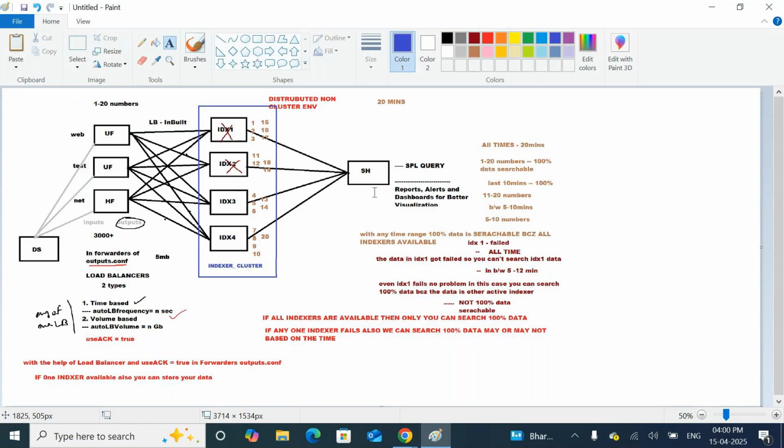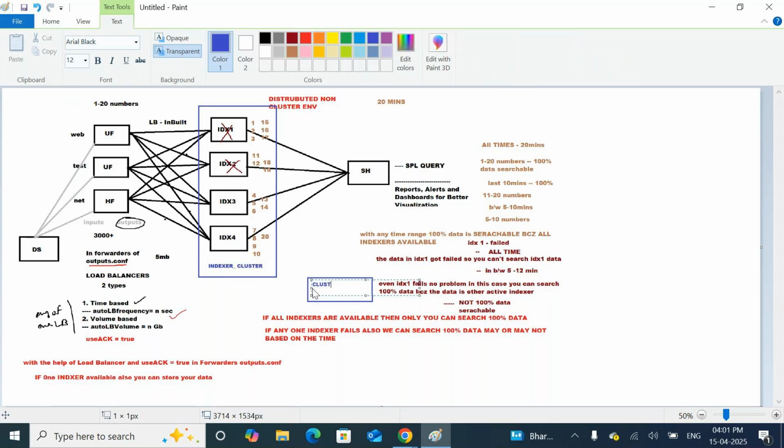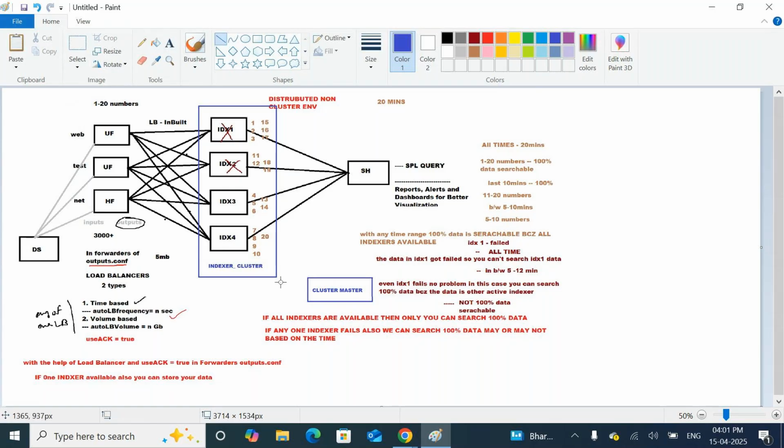If you want to do clustering, we need one more server called the cluster master. This cluster master is capable of doing clustering and maintains everything across the group of servers.